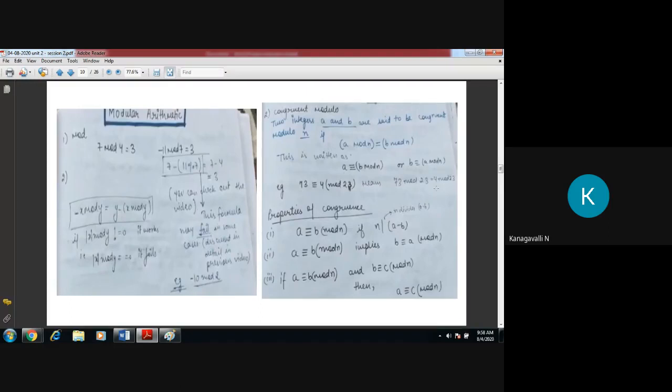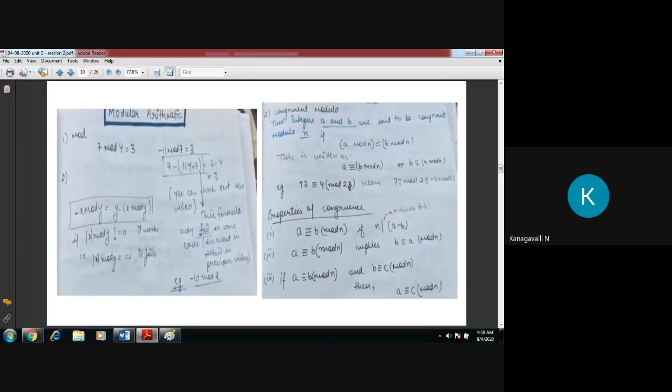Then the same thing, 4 mod 23, your result is 4. So both answers are same. In this case, you can rewrite your sentence: A mod n equal to B mod n is A congruent to B mod n. So what is that here? 73 is my A part, then mod n is 23. Then what is my B value? 4, right? I'm just taking an example for this congruent modulo, right?